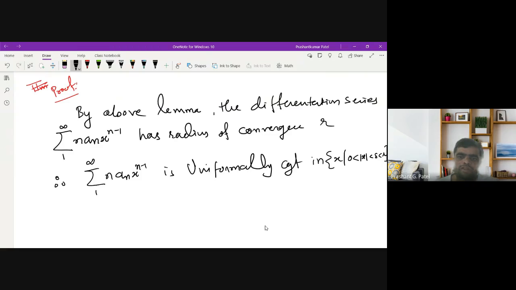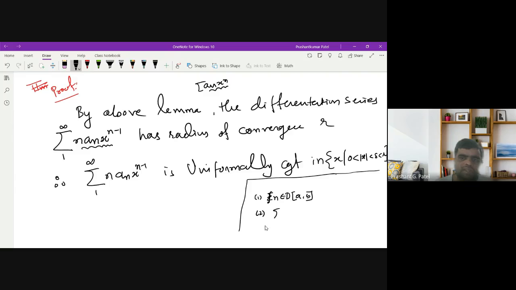And what is the theorem for term by term differentiation? Let us recall that statement. The statement states that for the summation, first of all, each Fn belongs to the class on AB, which we have already here. This is your Fn here. Since an x raised to n is your Fn, and each of them is a polynomial, there is no problem with differentiability. So each an x raised to n is a differentiable function.